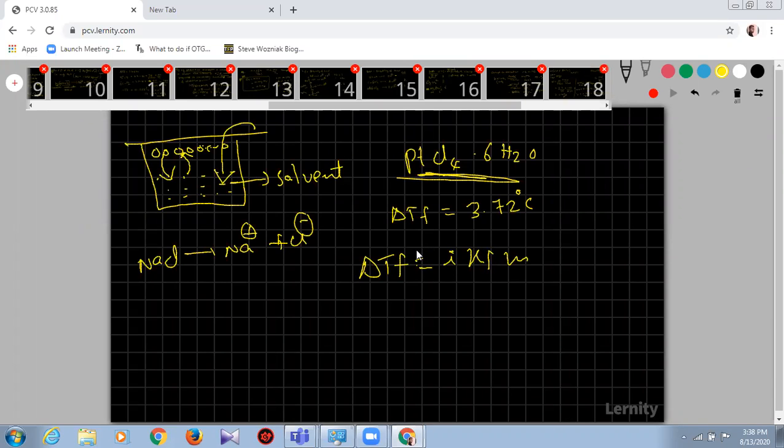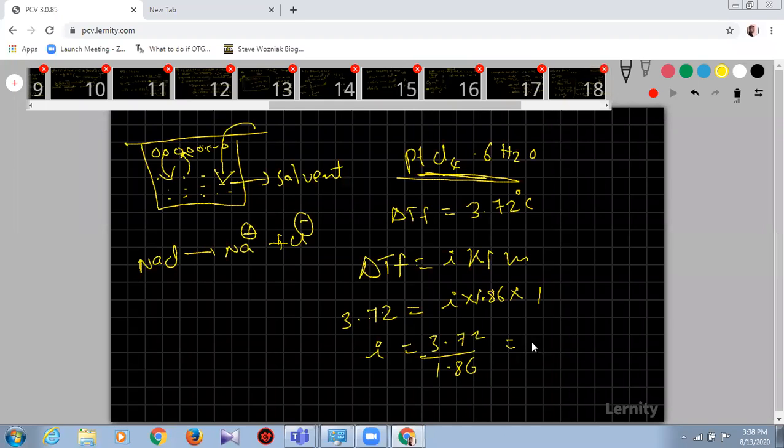Now he is asking about a hydrated complex. 1 molar aqueous solution has a depression in freezing point of 3.72. Am I right here? And the Van't Hoff factor i I need to find out. Based on the Van't Hoff factor you can write the structure. Into Kf, which was given as 1.86, and molality, which was given as 1 molar. 100% ionization, that's why we need not worry about this. So now i is equal to 3.72 divided by 1.86.